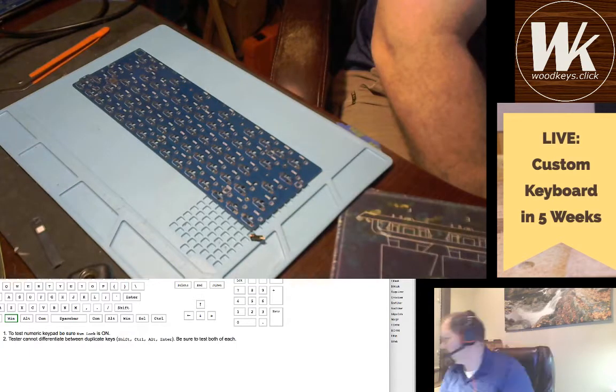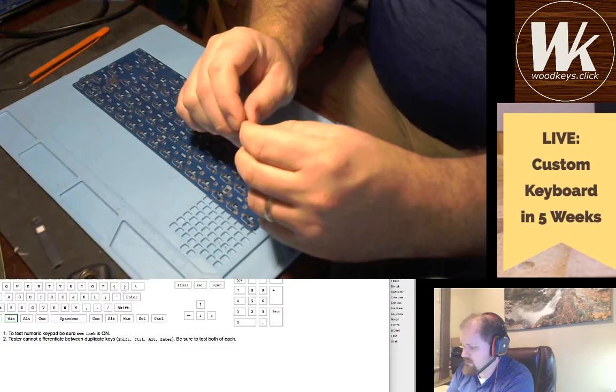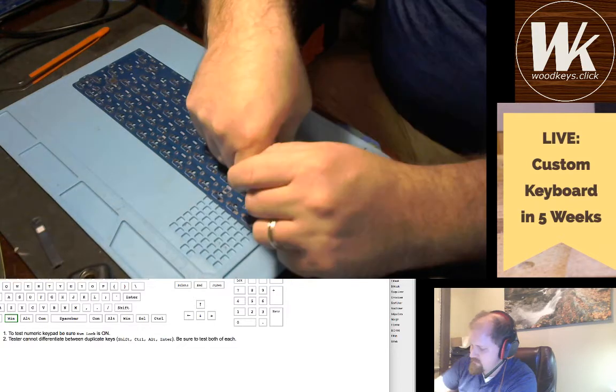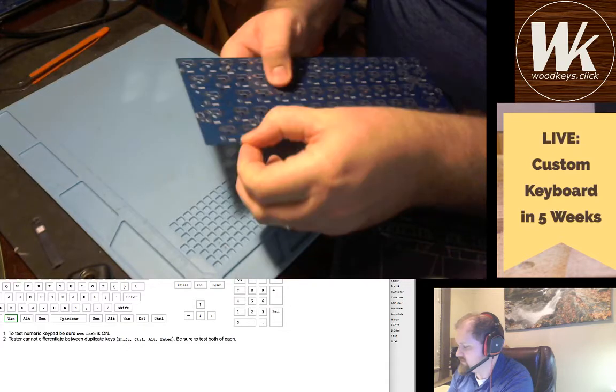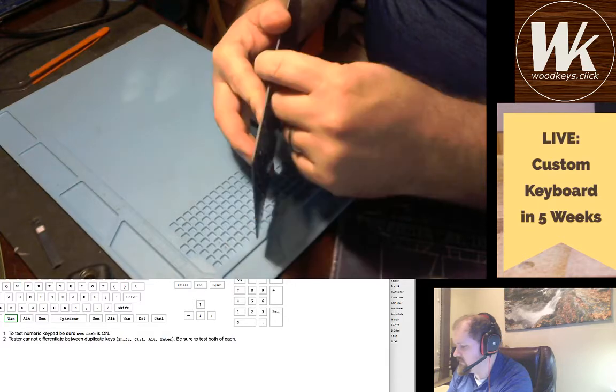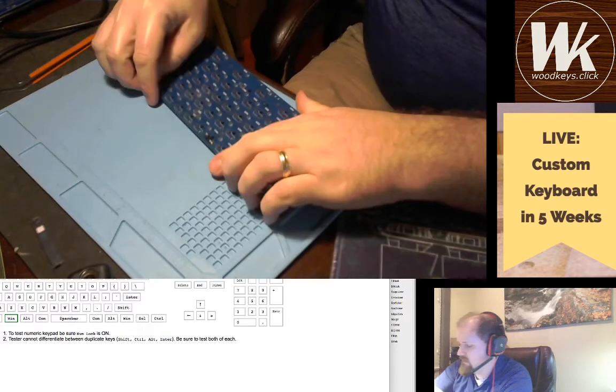Well, no, they're not in here. I left them in the garage. So I was going to check and see whether that was the fault of the PCB manufacturer, or if the sockets themselves were out of spec, or if I drew the footprint wrong. These are just really hard to get into these sockets, so that's going to become a problem when